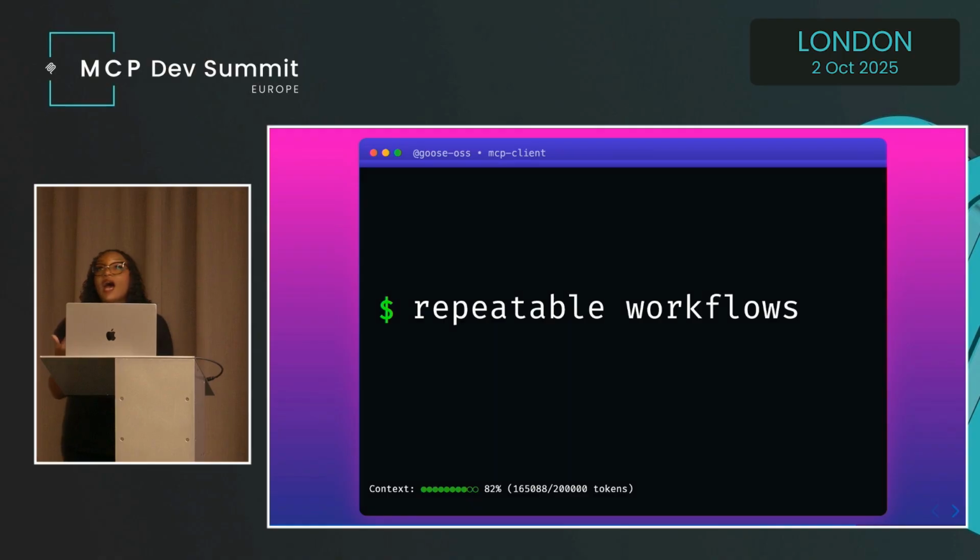You can save it within Goose and run it on demand, or you can even schedule it to run automatically. For example, I have a recipe that triages issues and PRs in the Goose GitHub repo once a week, right? I have this saved in my Goose desktop so I can run it at any time, but it's also scheduled to run every Sunday night so that when we get in on Monday, we kind of have all of this work prepared for us.